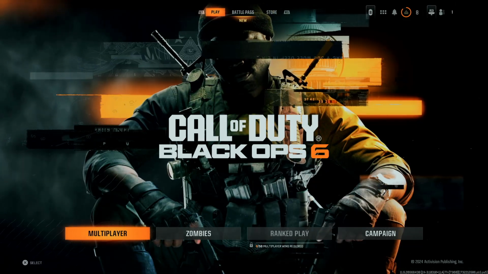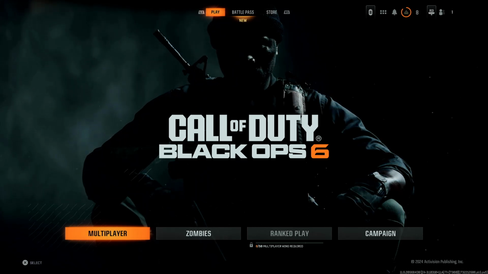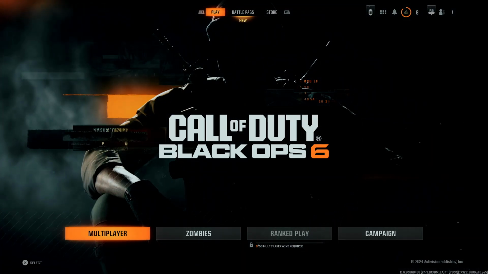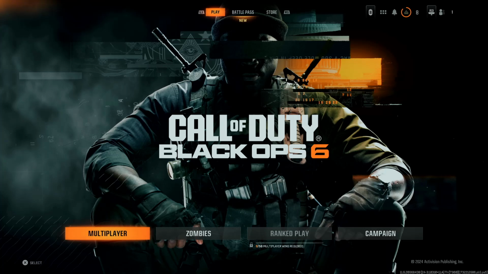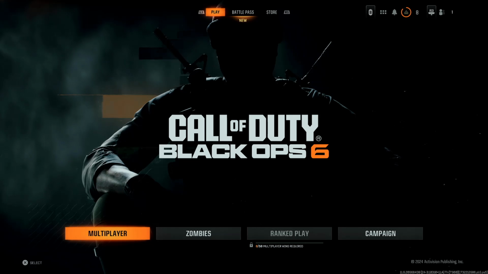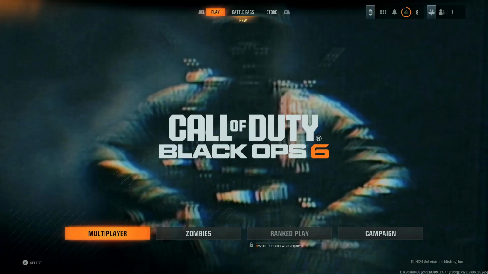So today, I'll show you how to display the ping and the packet loss in Call of Duty Black Ops 6. So basically, this allows you to show the ping during online matches so that you can monitor your network during the gameplay. So all you have to do is launch the game on your console, then access this game